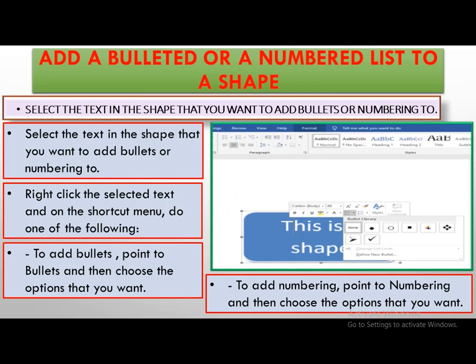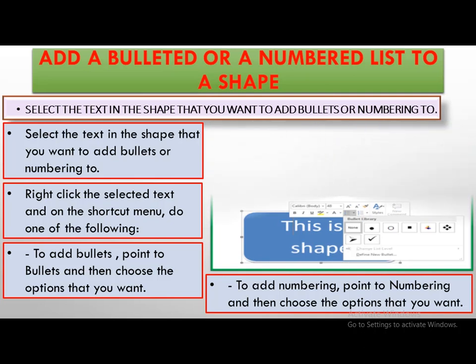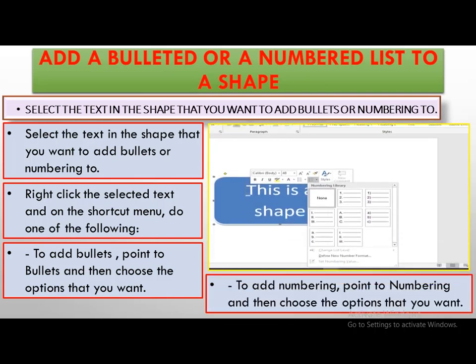If you want to add numbers in your shape, you have to point to Numbering and then choose the option that you want. Look at this figure, children.